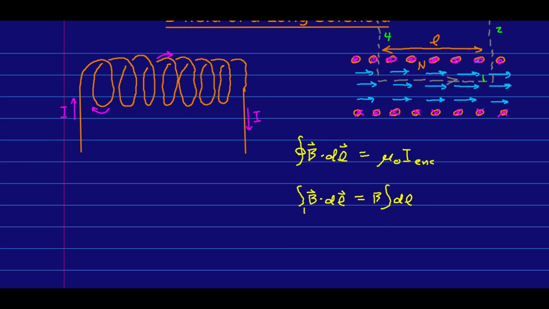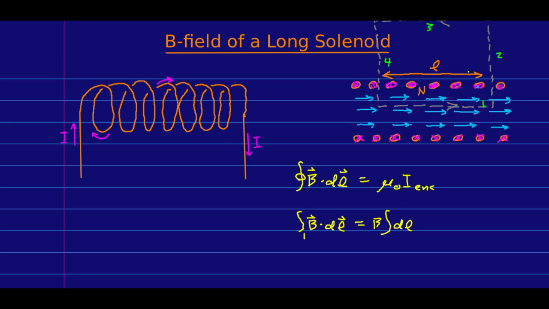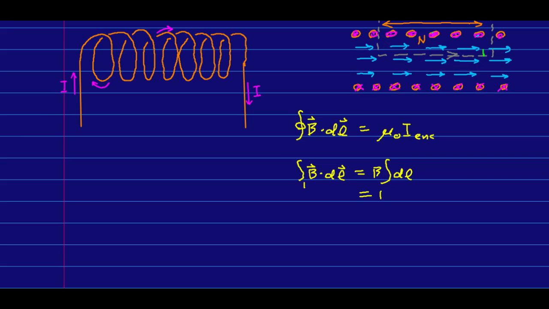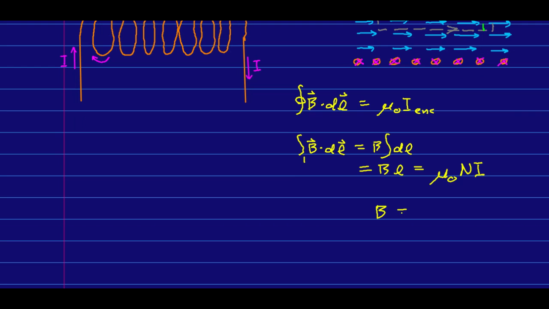So this integral of dl is nothing other than L, the length of this segment, and so I just have BL equals mu naught NI, and so my B field is just mu naught NI